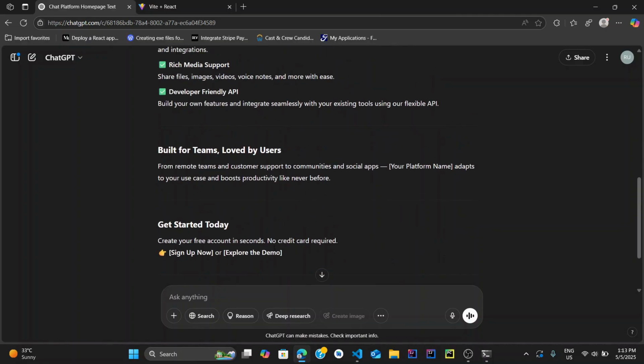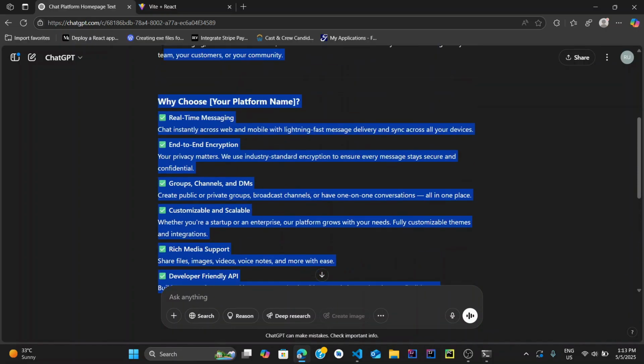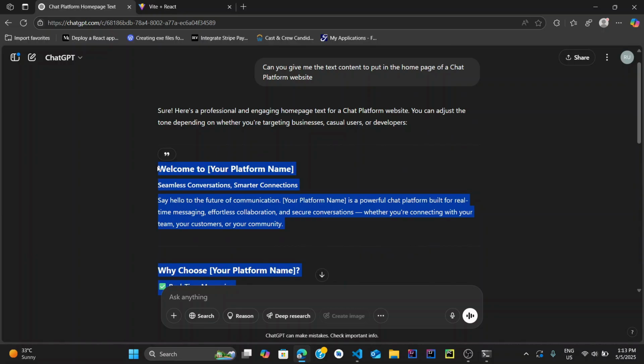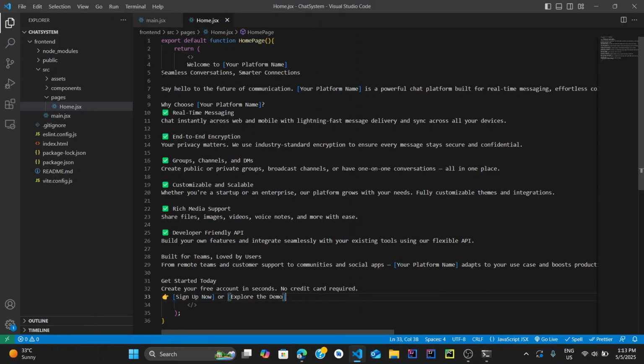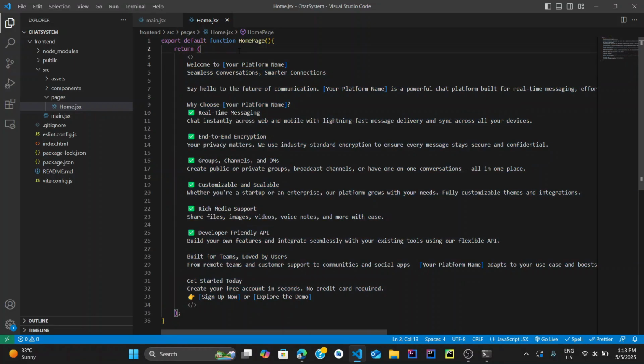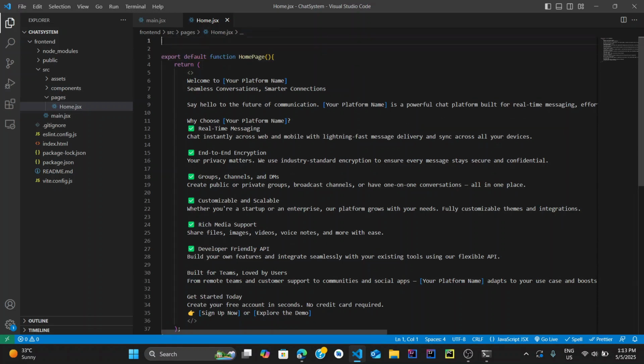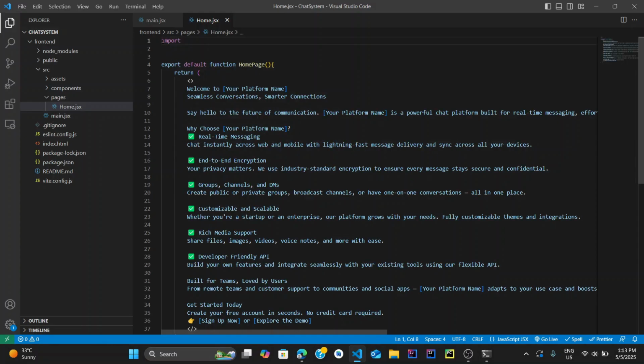So what I'm going to do is I'm going to select all the content that I've got, and I'm going to paste that in here. Alright, now we're going to use some components that we get from the install dependencies to make these sections and style those. So let's go ahead and do it. So I'm going to import two components right now. Import row and column from